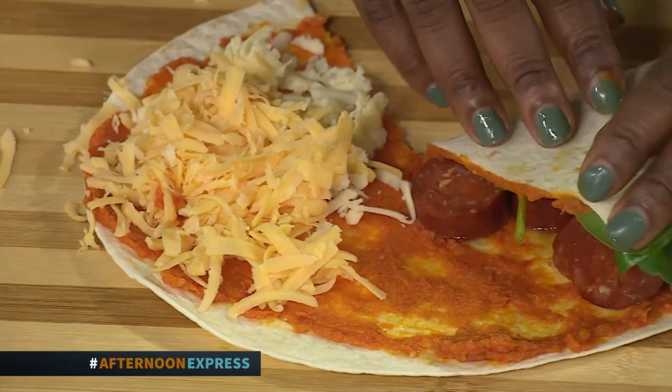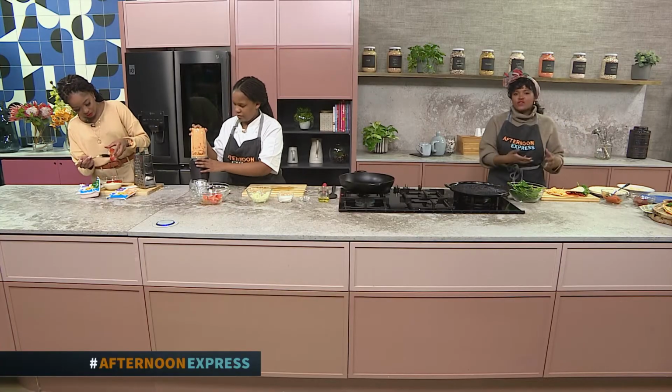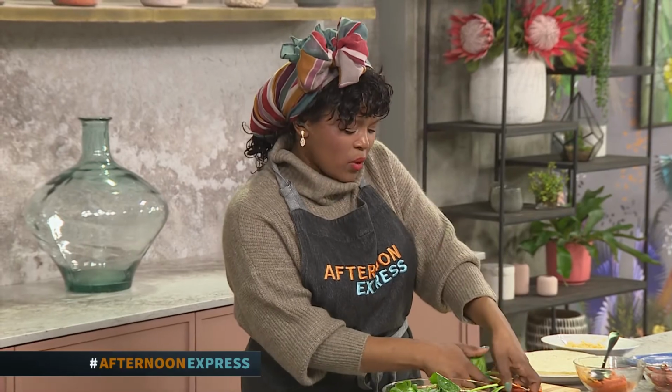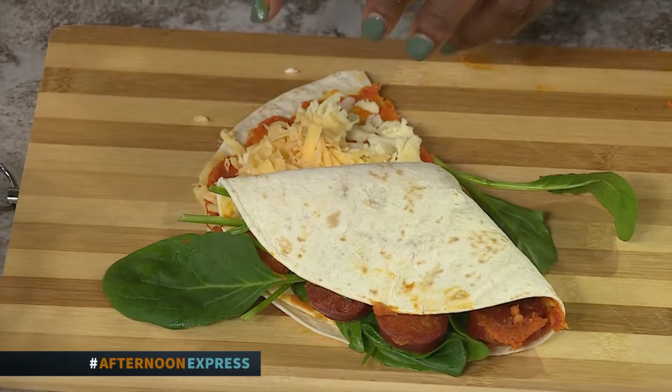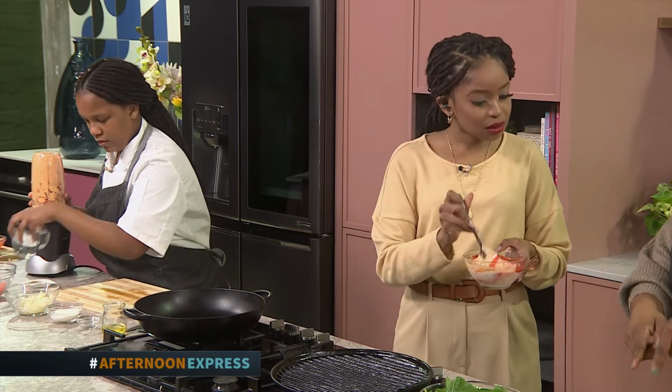I know exactly what you mean, Bali, but I also want to ask you if you can pass me some of that sauce, because normally, if you were to have something like this, you'd serve the sauce on the side. But I don't want to do that, girl. I want to keep it nice and saucy, so I'm going to add some of that sauce into this cheesy part. You know when you're having cheese pizzas and they say it's a chicken mayo pizza? They actually add the mayo into the actual cheesy part of it. So I'm just going to add...